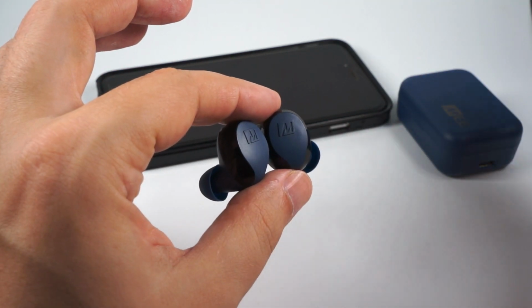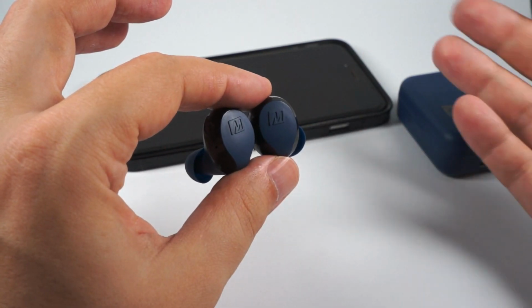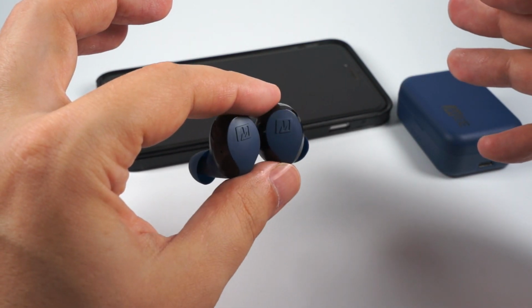They don't sound unnatural. They don't sound thin, or they don't have this digital ringing sound. And treble is probably the most lacking part, but